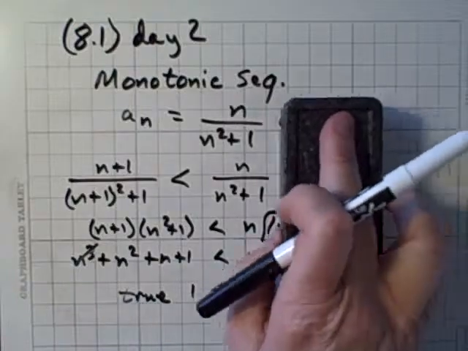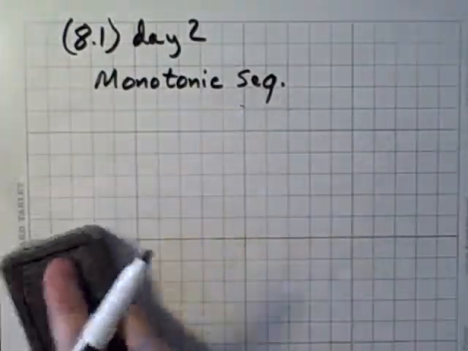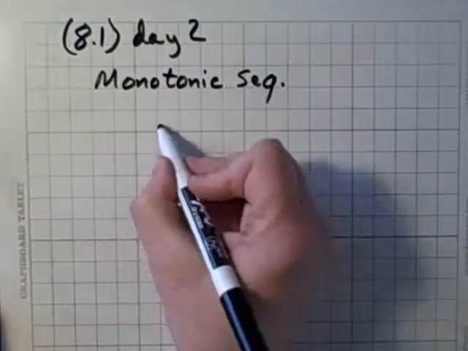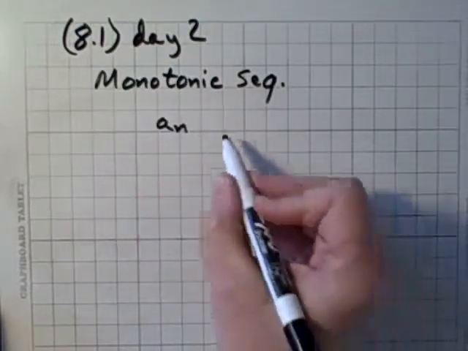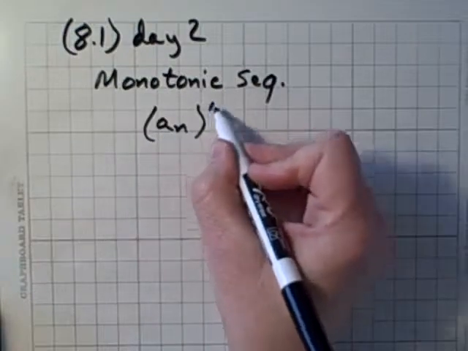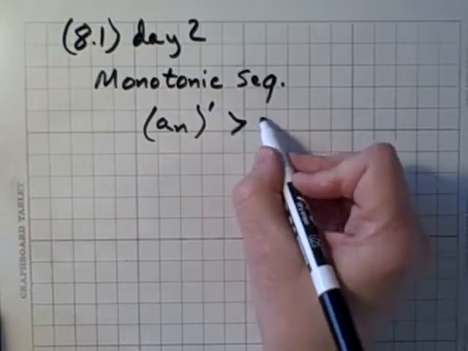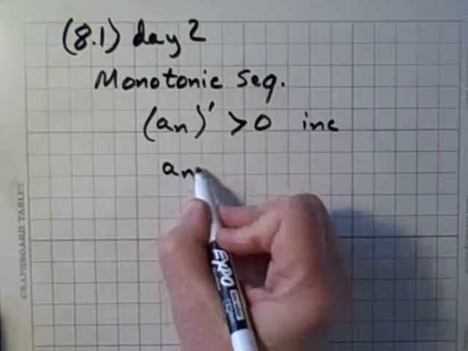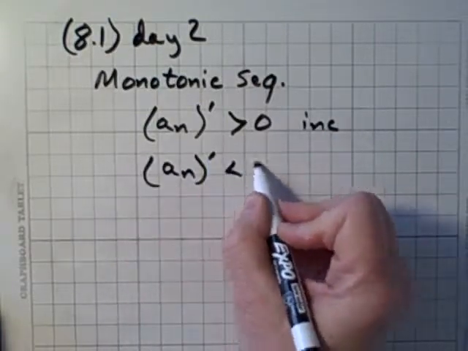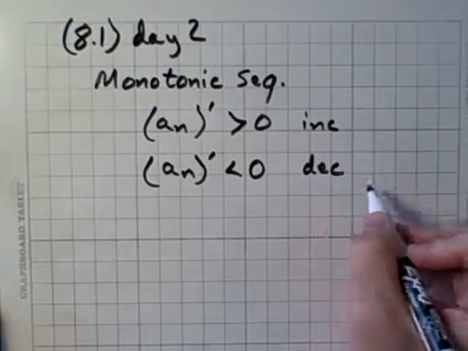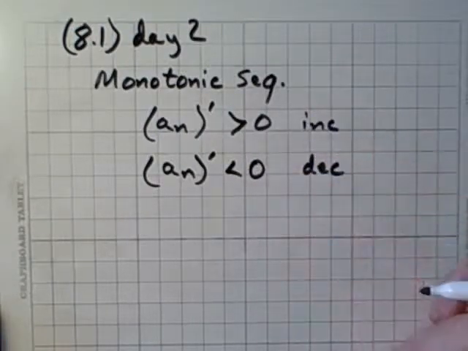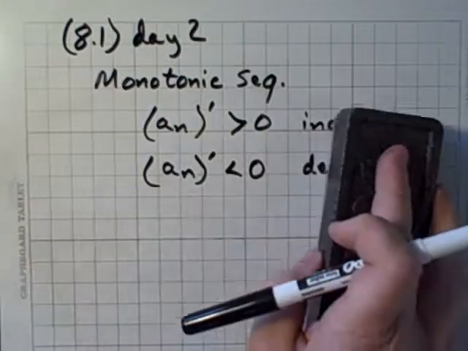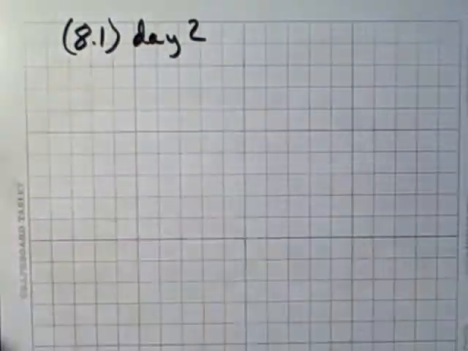Another approach, not shown in the lesson, but certainly would be acceptable, would be to take the derivative of the nth term. So if you have an nth term formula and you take its derivative, of course if it's greater than 0, it must be increasing. And if the nth term formula's derivative would be negative, it must be decreasing. Sometimes that comes in handy in homework to, again, make it a little bit quicker. Continuing on,